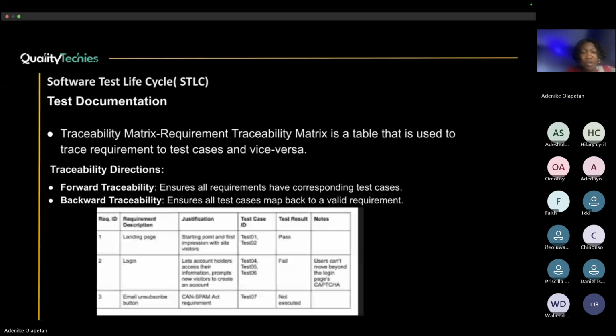All right. So let's say the first requirement is landing page. Then the second requirement is login. The third requirement is email subscription. While writing your test cases, you also document a column where you call requirement ID. So by the time you are writing your test, you can see test case 01 and 02 in your test case documents relate to requirement 1. So that means we are tracing requirements. We are tracing the test cases to requirements,